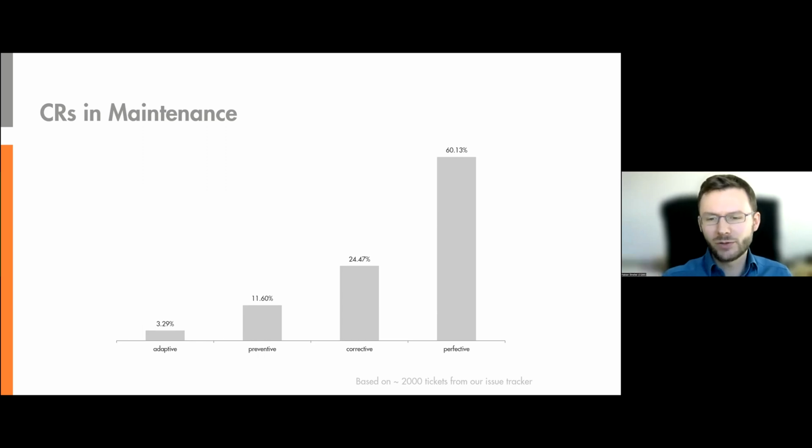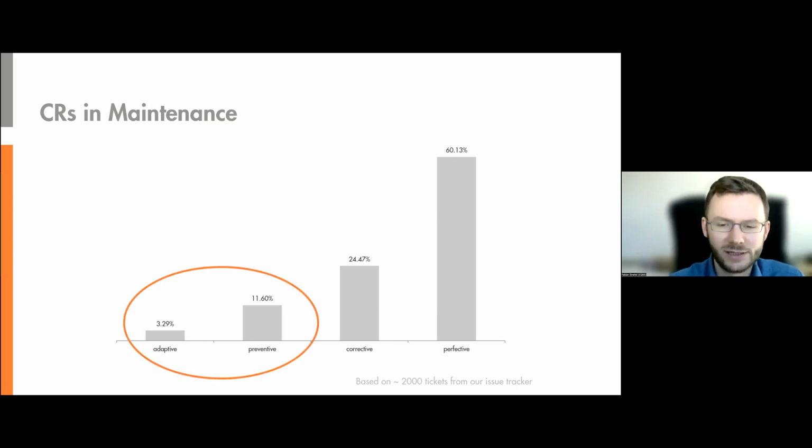If you think about these categories, for the 2 on the right, it's pretty clear what I as a tester have to do if I'm doing a black box test to make a comprehensive test of the feature or the bug fix. Because in the bug ticket, I have steps to reproduce. I just go through the steps. If the bug doesn't happen again, it's probably fine and the ticket is tested well. For a new feature, I have a list of requirements and I can go through that and decide if the feature was implemented properly. So those are easy, but for the ones on the left, the adaptive and the preventive